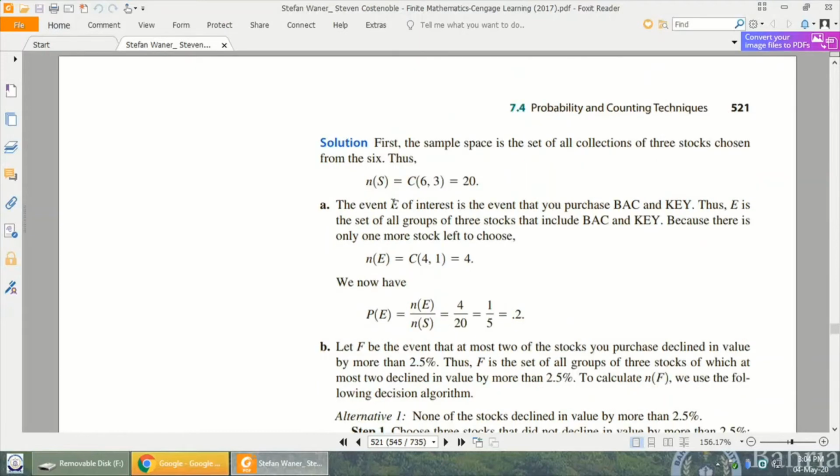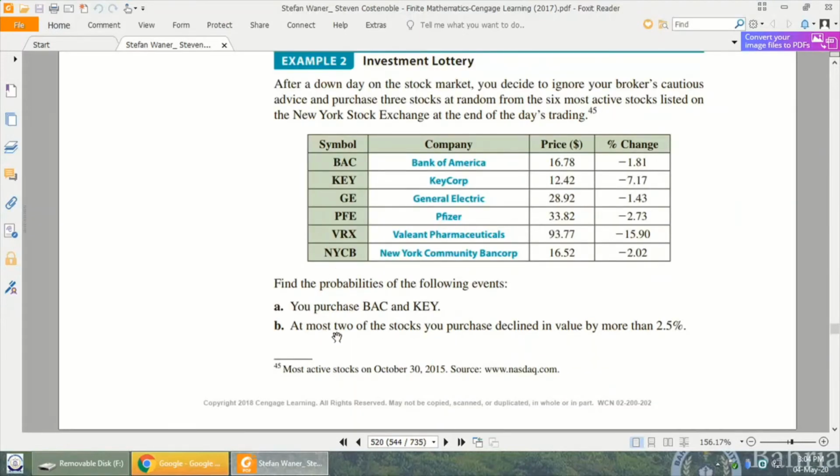Now the next part is a bit tricky. They ask you that you purchase BAC and Key, which is Bank of America and Key Corp. So in this case, out of 3 choosings, you have already chosen 2. So the third combination would be Bank of America, Key Corp, General Electric, one combination. Then Bank of America, Key Corp, Pfizer would be the second combination. Bank of America, Key Corp, Valiant, third combination. Bank of America, Key Corp, New York Community Bank Corp would be your